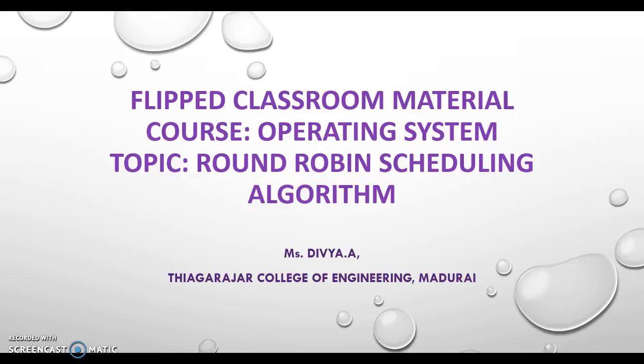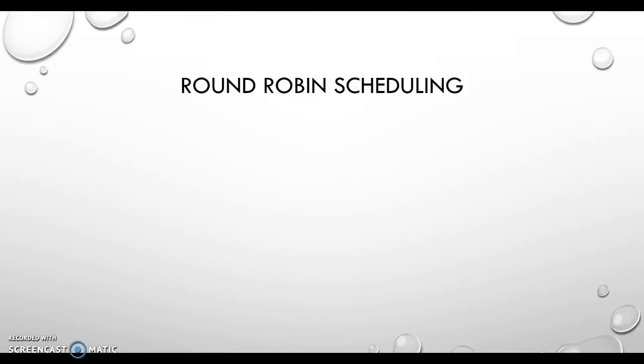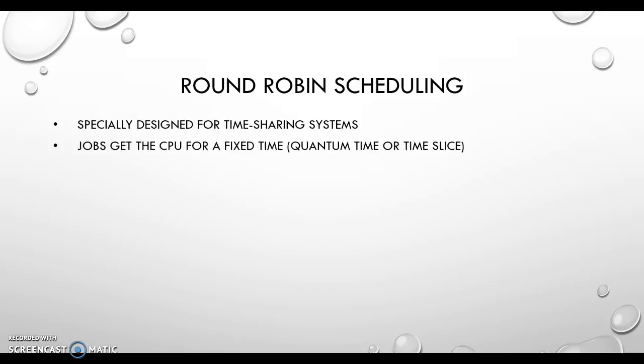Today we are going to see about the round-robin scheduling algorithm, which is one of the CPU scheduling algorithms in the subject operating system. To begin with, round-robin scheduling is specially designed for time-sharing systems. The jobs get the CPU for a fixed amount of time, which is called the quantum time or a time